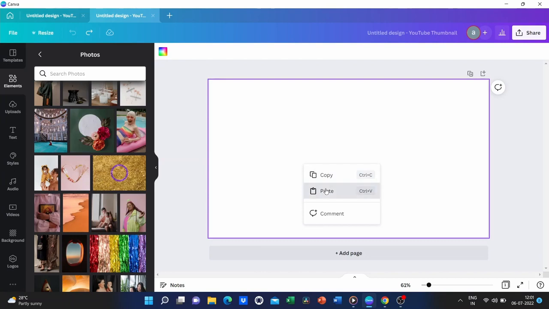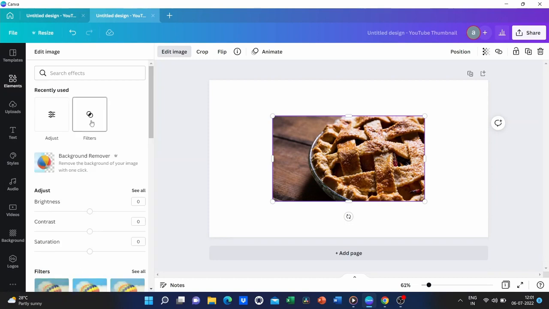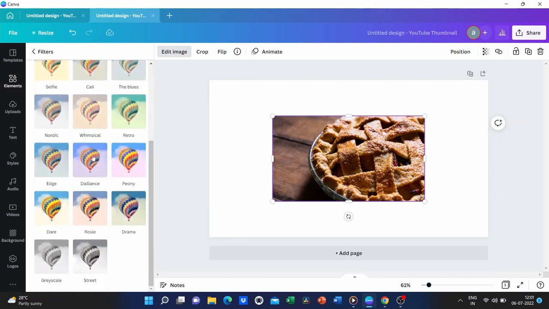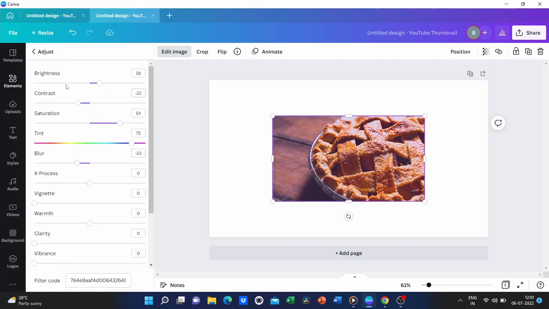Now, once you have an item selected on Canva, you can see that the top toolbar has changed and you have a variety of different options and how you can modify the content that's selected. You can add various effects to it. You can also add a filter as well as change the colors. So, we're going to add the Dalliance filter to change the hue a little bit. We can also adjust different components of the content by each of its variables. So I'm going to go ahead and click on Adjust and then make the image a little bit darker because it's going to be the very back of the thumbnail.